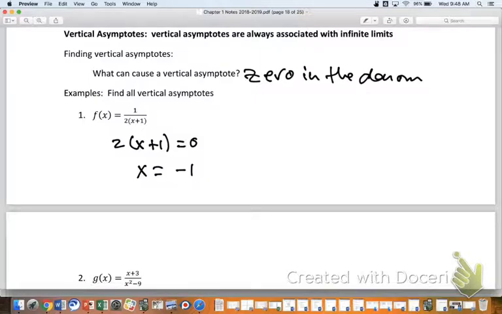So if you would, take just a second and graph f of x equals 1 over 2 parentheses x plus 1. Just use your calculator, if you wouldn't mind, and graph that. And